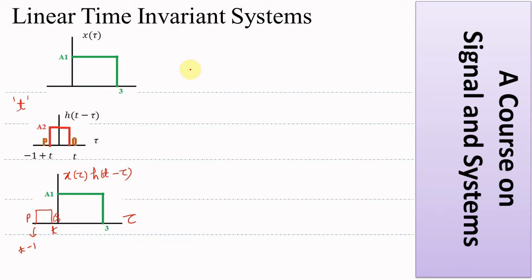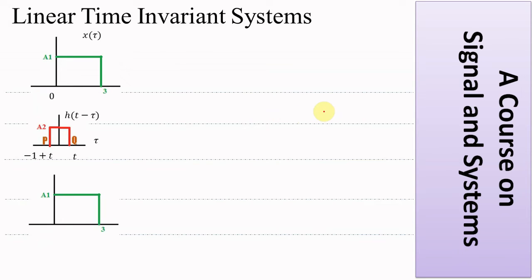So if I want to evaluate y of t, which is the integral from minus infinity to plus infinity of x of tau h of t minus tau d tau, you will appreciate that it will be 0, since there is no overlapping for the case when t falls behind 0, which means q falls behind tau equal to 0. We then take the next value of t,